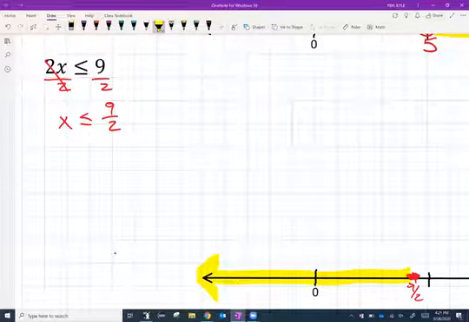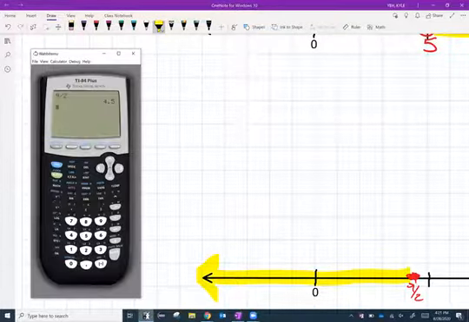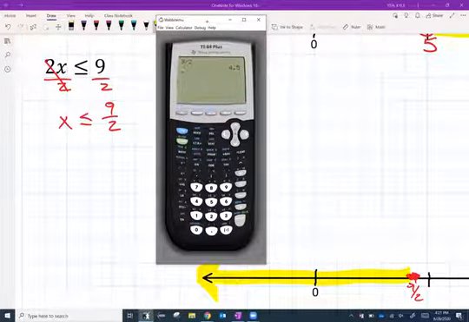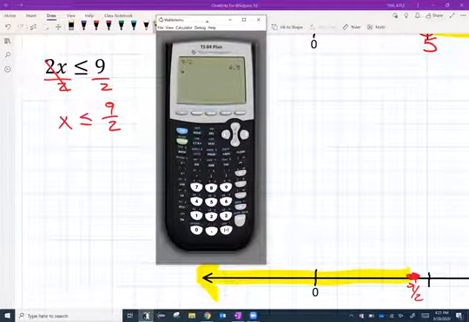Now, one thing we typically want to do on these problems is check it. I like to say on this problem, I'm going to check 2 points: one that should work according to my number line and one that should not work. So a quick way to check, and this also goes into some calculator knowledge, I'm going to pick something that's shaded